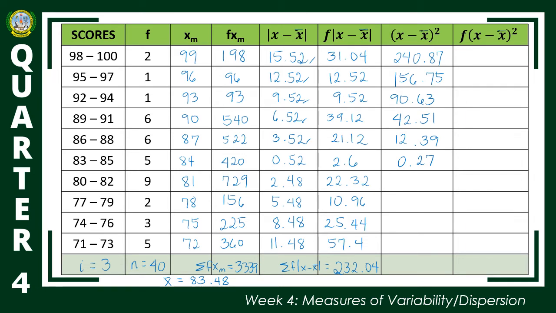Next is 2.48 squared. So 2.48 times 2.48 is 6.15. And the next 5.48 squared, or 5.48 times 5.48, we will get